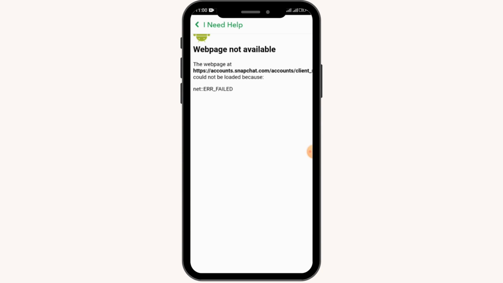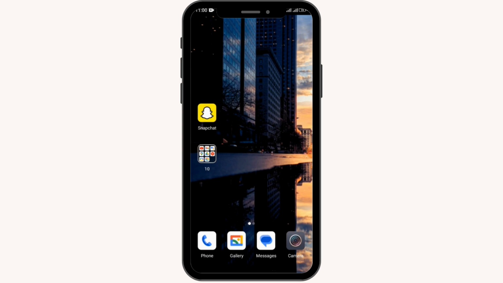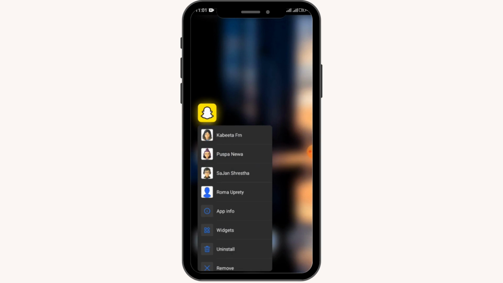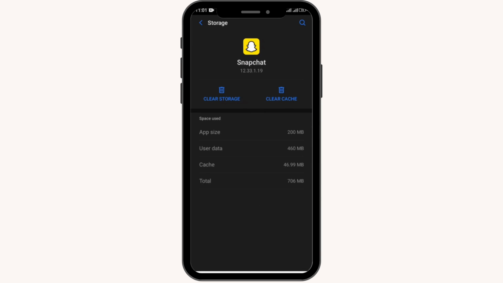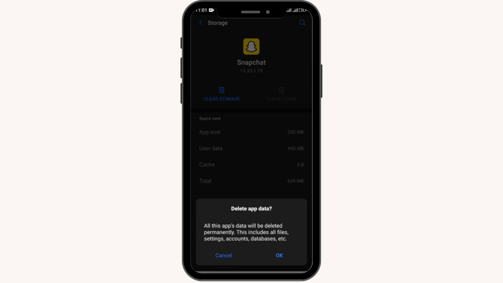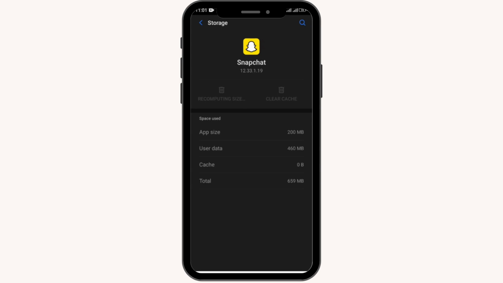Let's begin. So first of all, you have to go back and you can go to your phone settings, or you can either tap and hold the app, and from here you can tap on the app info option. After that, you have to tap on the storage and cache option. After that, here you have to clear the cache, and also you have to clear the storage. After that, your problem may be fixed, but if you are still unable to fix the problem, then you can